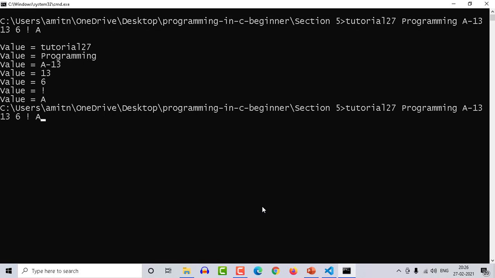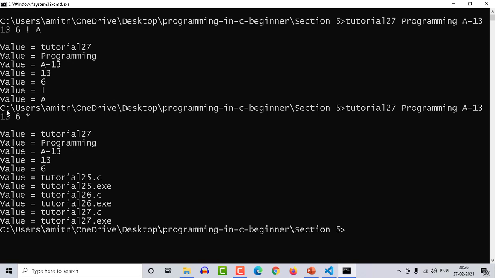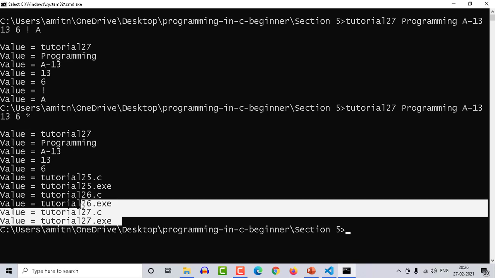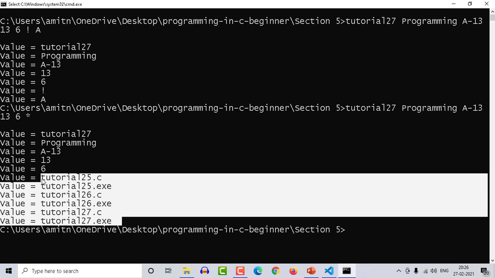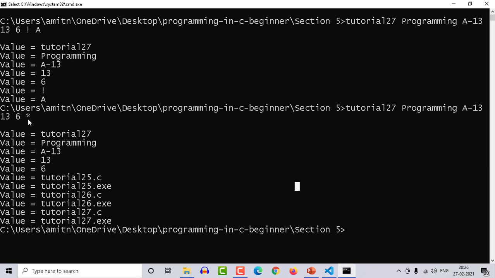Now be aware when you are running this, don't use wildcards. Here I'm talking about the wildcards related to the command prompt, so you should know about that. One of the wildcards is the asterisk. Asterisk means all. Let me enter this, and you can see because of this asterisk, it's printing all the files that are present in that specific folder. So when you are passing command line arguments, please be aware of these wildcards. Percentage is also a wildcard. Asterisk is quite dangerous while passing command line arguments, and you understand the danger. Well, you can pass any other characters and anything over there. They all will be treated as strings.